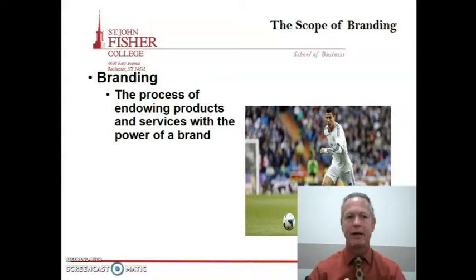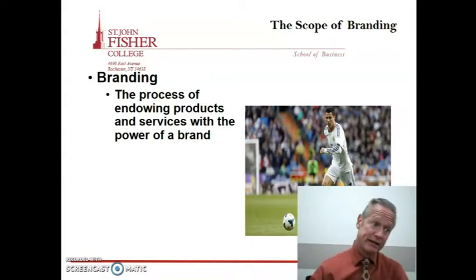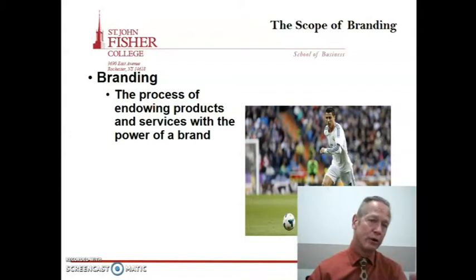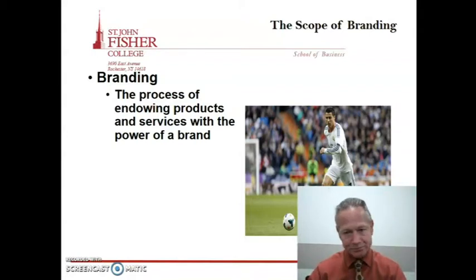So the scope of branding can be all of the products that someone makes, like in the case of Nike. It can be some products that the company makes. Look at Coke. Coke has a brand with Diet Coke and Cherry Coke and Vanilla Coke and all those types of things. But they also own vitamin waters. They also own a lot of other products that are not under the Coca-Cola brand. Same thing with PepsiCo.